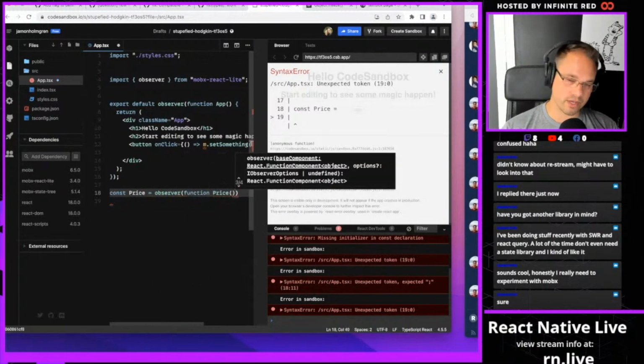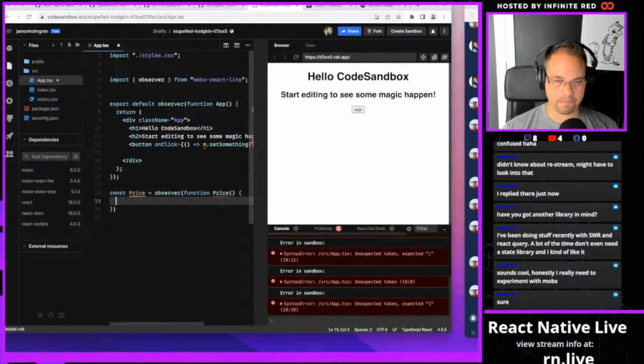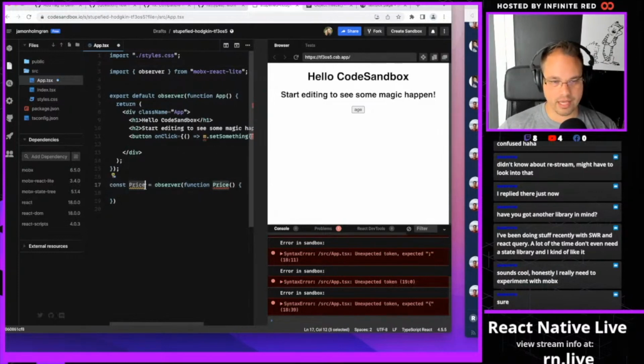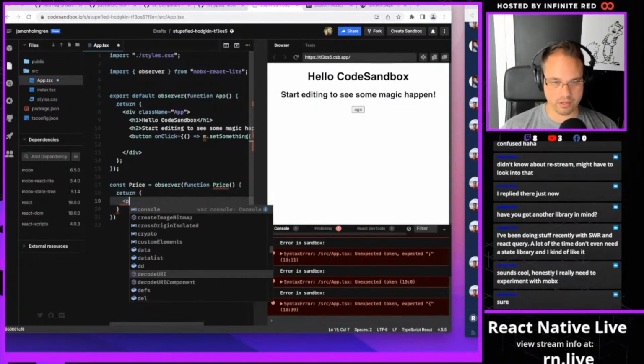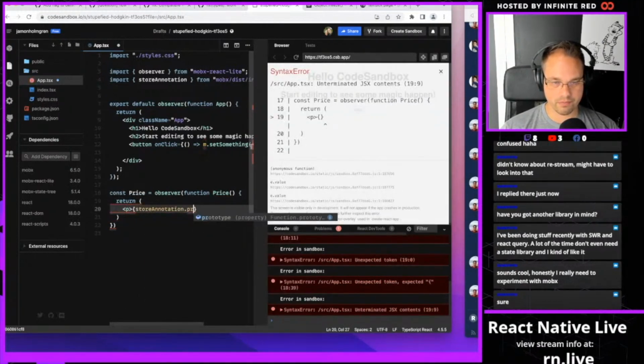The reason I put price twice is because basically you get better backtraces when you do this. Okay, so return, and here we're gonna do a thing with like store dot